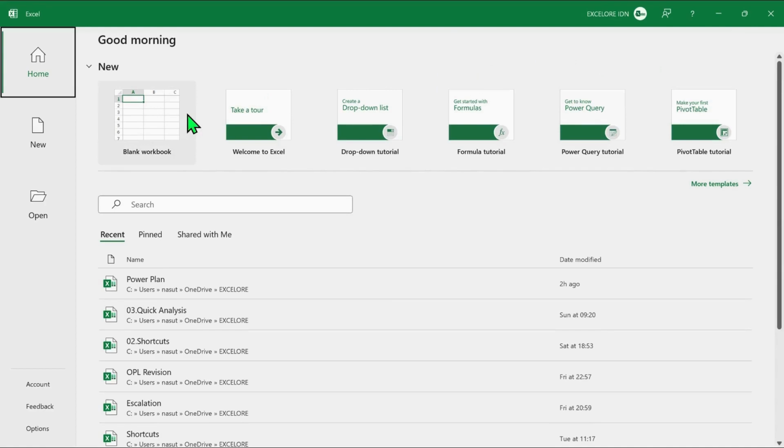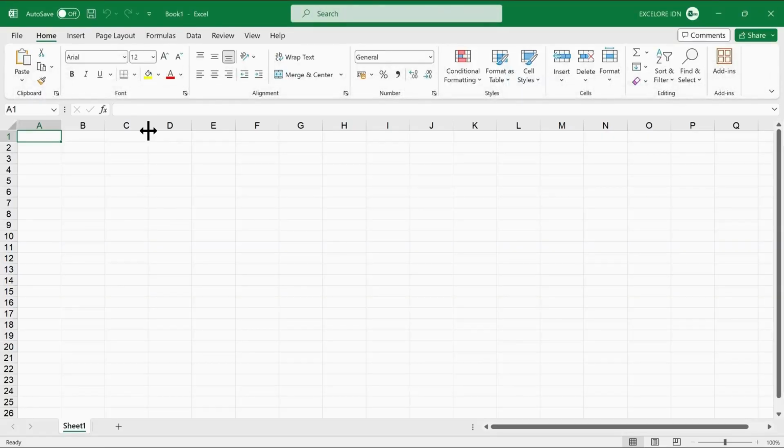From here, you can click on Blank Workbook to initiate the creation of a new Excel file, which will open automatically. By default, this new file will be named Book 1 and is classified as a workbook. Workbooks are where data or reports are created using Excel. In the next chapter, I will explain how to change the default name of this workbook to suit your preferences. For now, let's review the components included in this workbook.